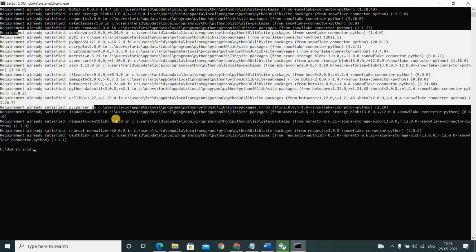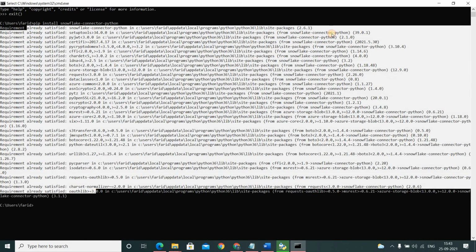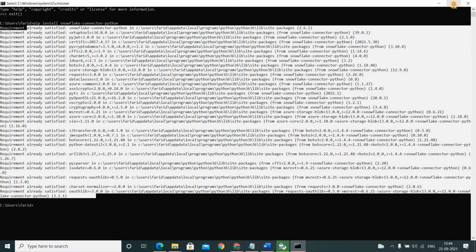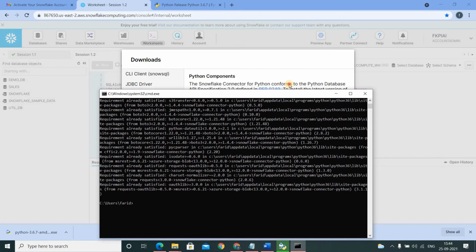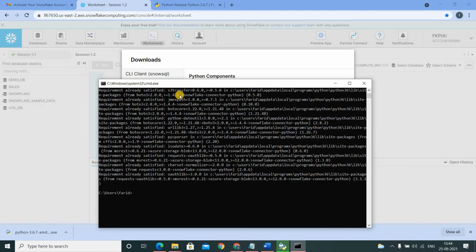Since I already have this connector on my machine, it says requirement already satisfied. If you don't have it already, you will see progress as it downloads and installs this component. Once this component is installed, let's execute a few queries through a Python program.